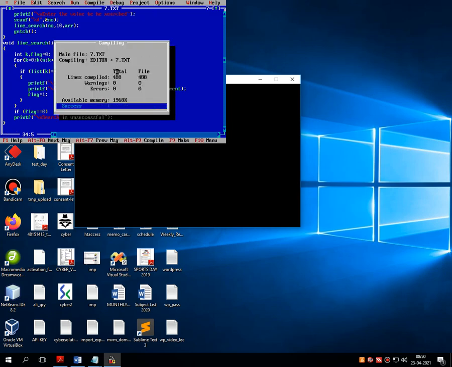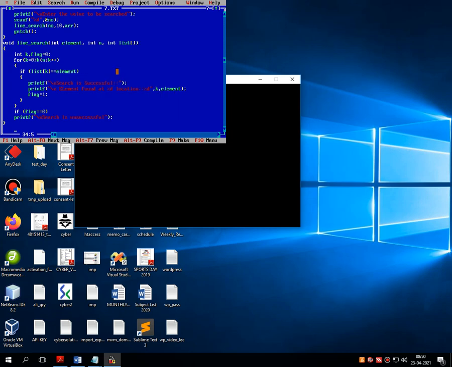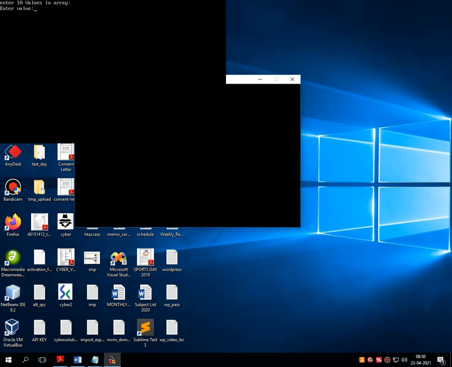Let's compile it. As you can see, there are no syntactical errors. Let's execute it. Enter 10 values into the array. Fine, we are entering any 10 values like 3, 2, 9, 0, 1, 4, 6, 8, 9 already I have entered, 7, then 0, 1, 2, 3, 4, 5, 5 is left, so let's enter 5.